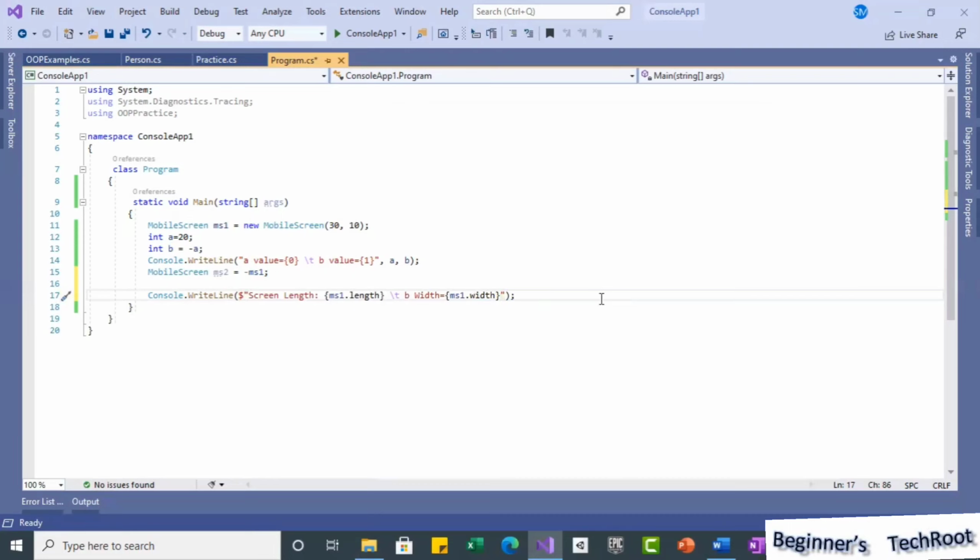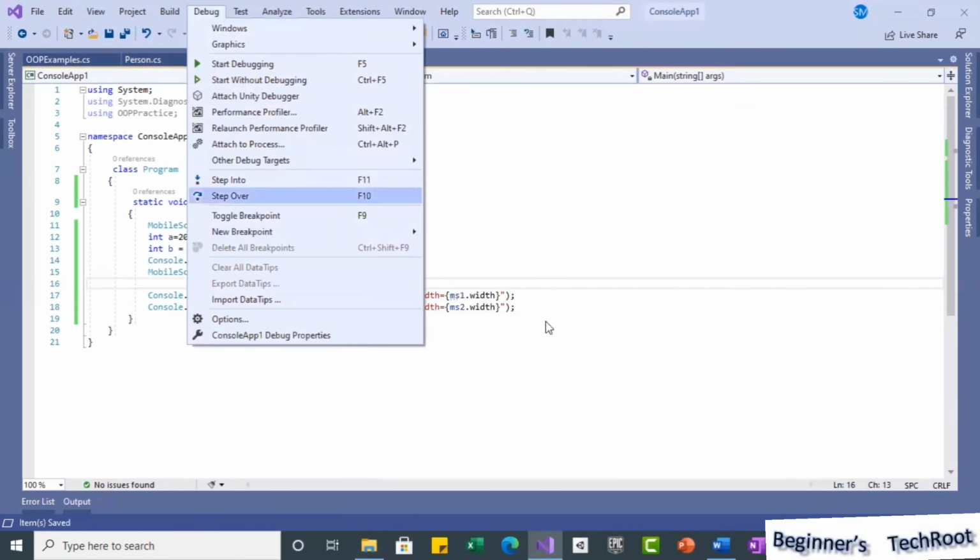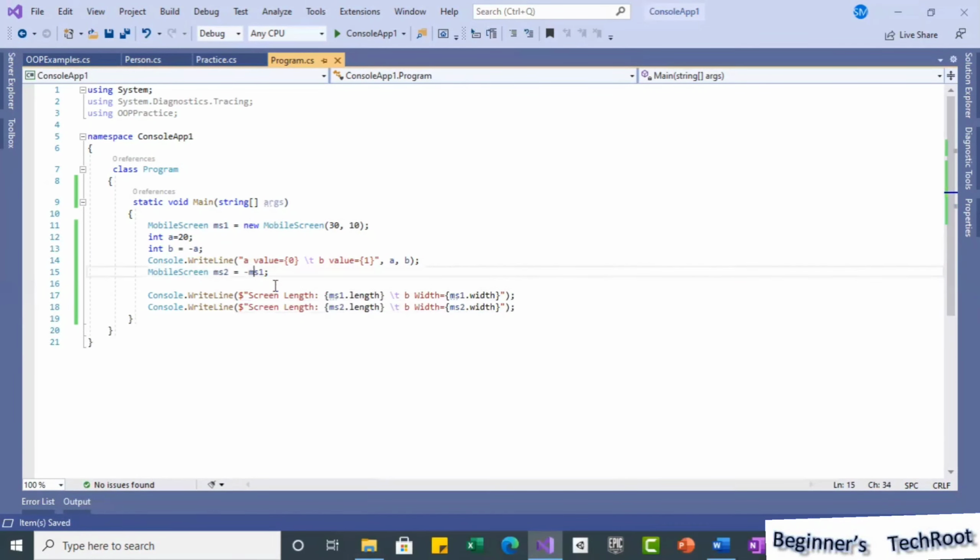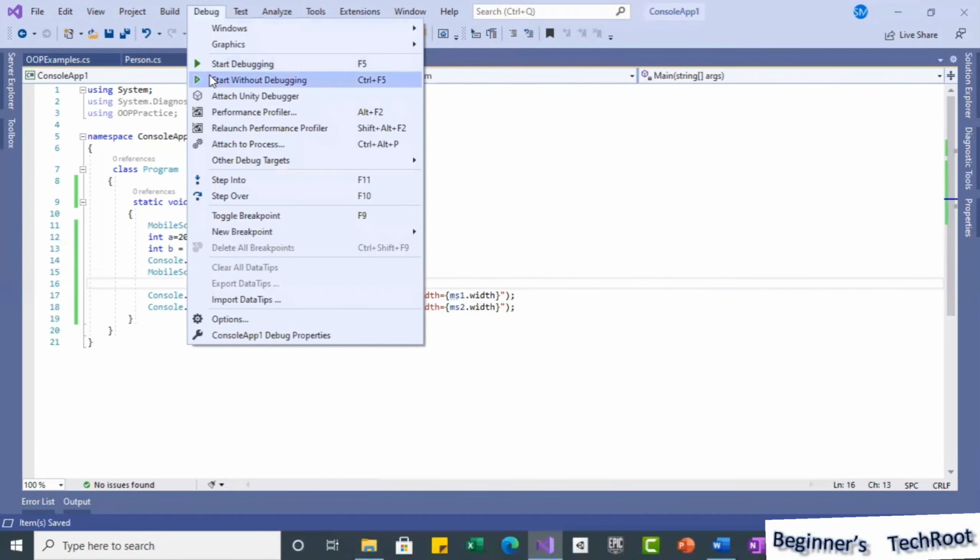Okay, so first object, screen length and width it is going to display. Same way, second object also, length and width we will display. Yes, now we will see the output. How does this operator overloading take it directly? This will be an implicit operator, whatever it behaves, and here it is what we overloaded. Okay, so now if I execute this,